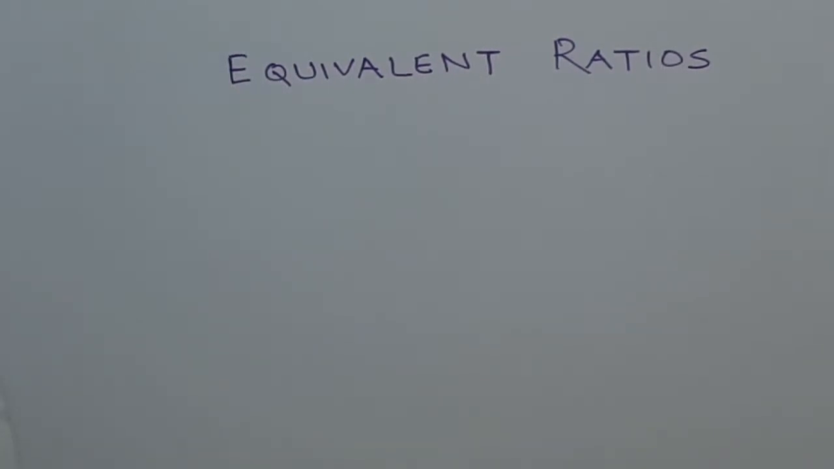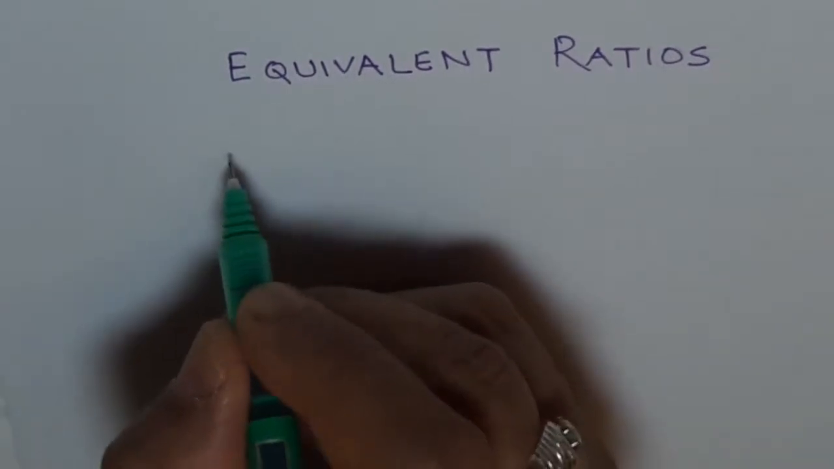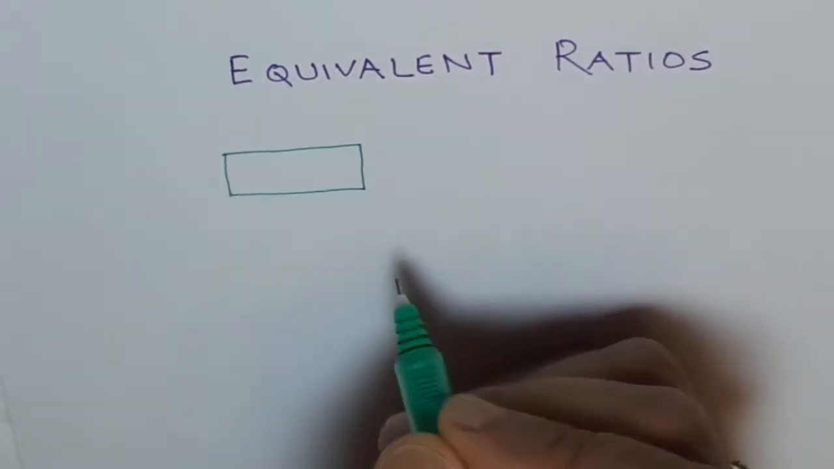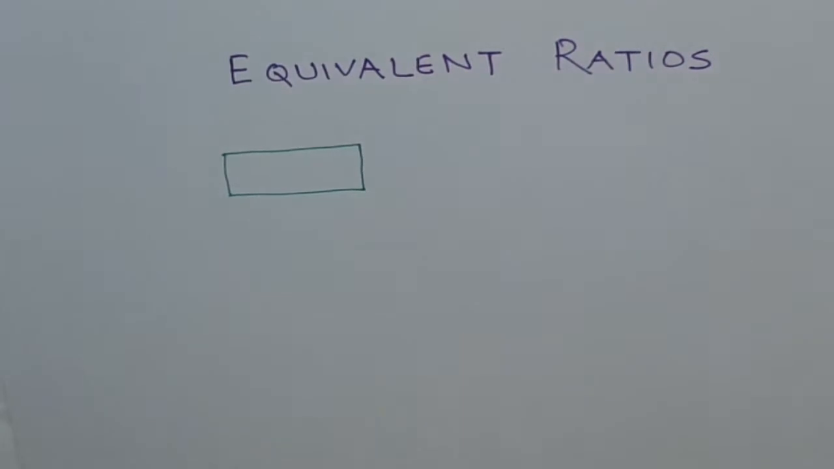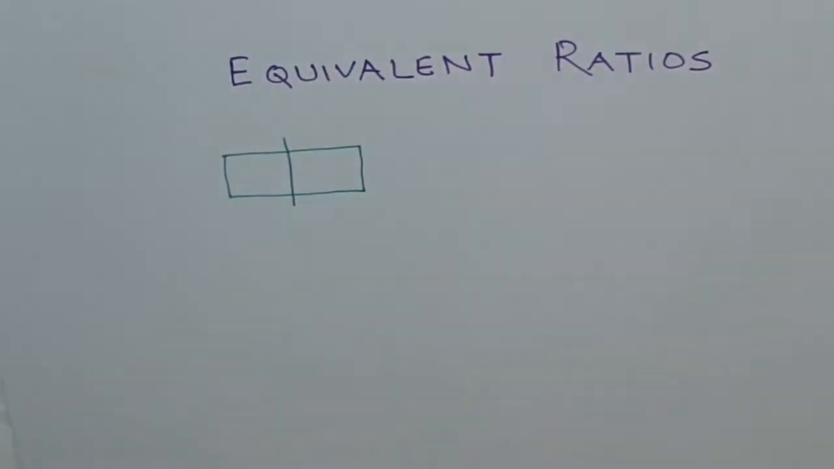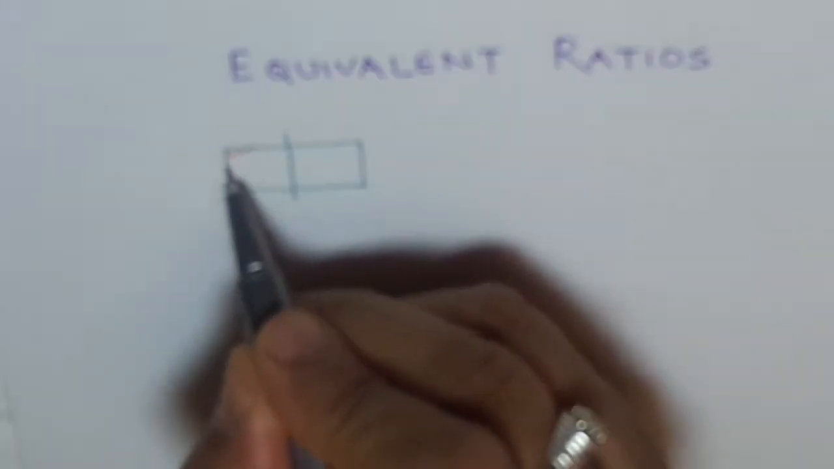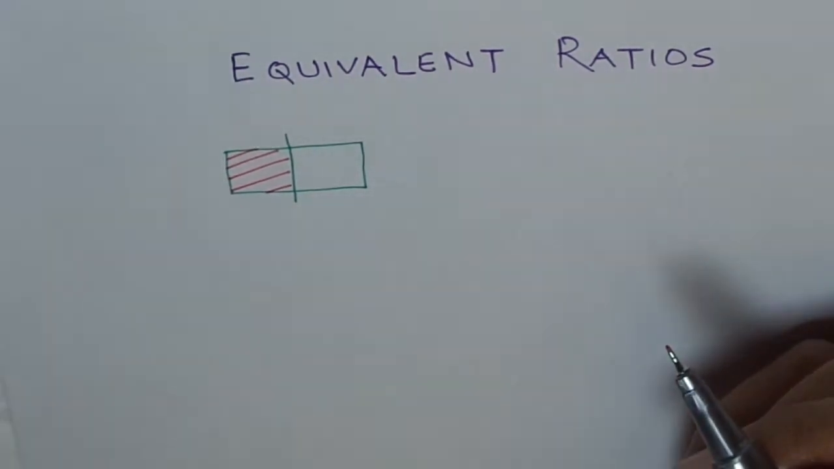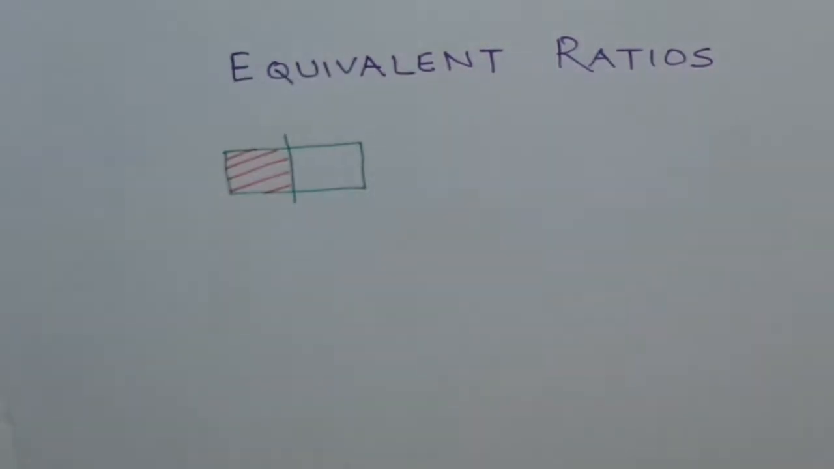You have seen what equivalent ratios are. Do you remember? When you multiply by the same number or divide by the same number, you actually get equivalent ratios. Let's see how. Let's take an example of a rectangle. Let's say this is one rectangle and we divide it into two equal parts like this, and let's shade them. Let's shade one as red and leave the other one unshaded. Correct? Now the question is, what is the ratio of